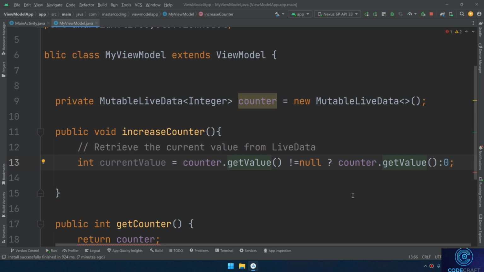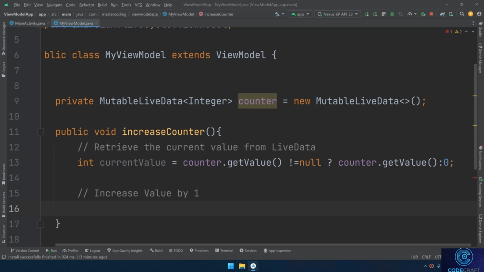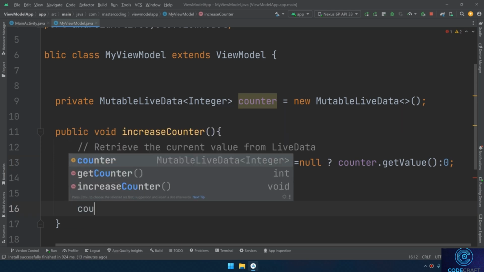Otherwise, if the counter.getValue equal to null, then 0 is assigned to the current value. This provides a default value of 0 in case the LiveData is empty or null. So if it is not null, then assign current value to the counter.getValue. Otherwise, go and assign it to 0. Then I need to increase the counter by 1. So I'll use